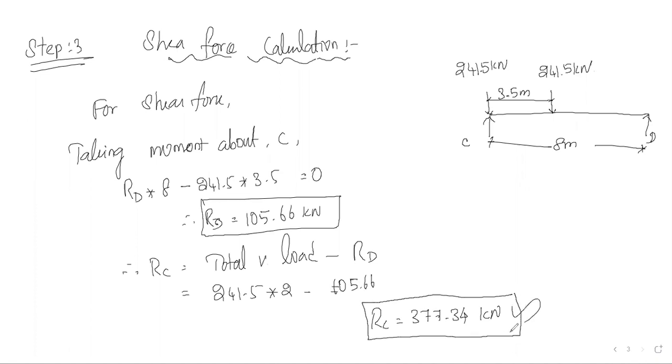This reaction we are going to use for the shear force. So V max is equal to this one. Okay, so this is all about our vertical load. Next, we should move on to the lateral force, that is step 4. Why do we have to calculate the lateral force? Here we have the gantry girder.